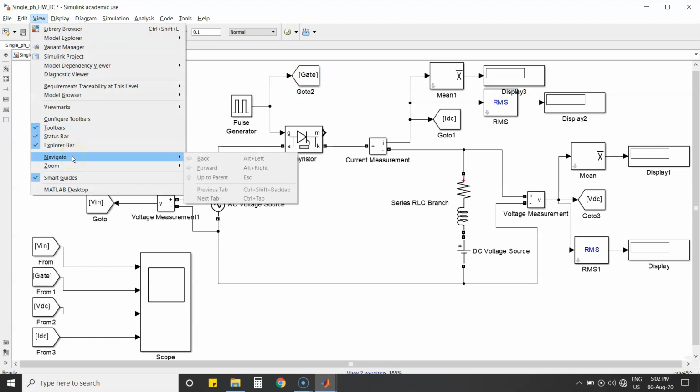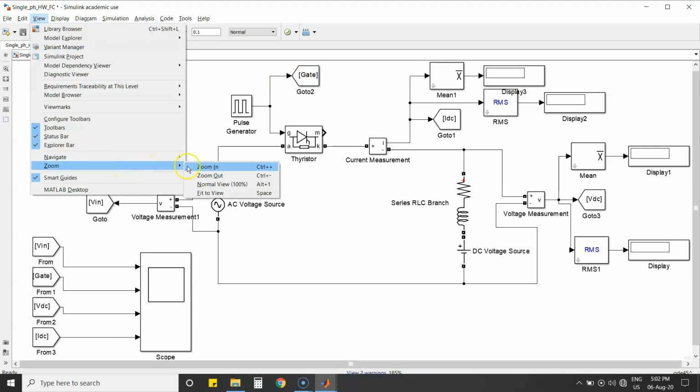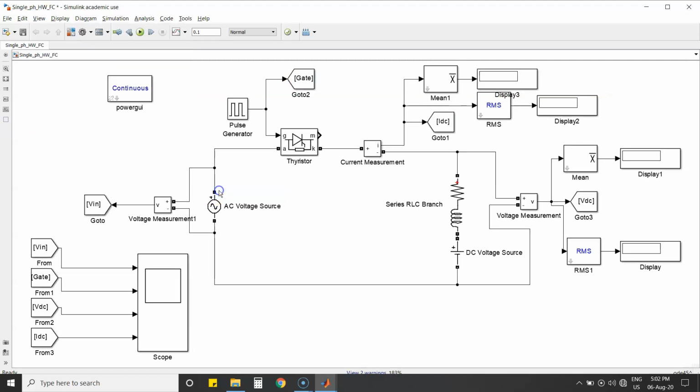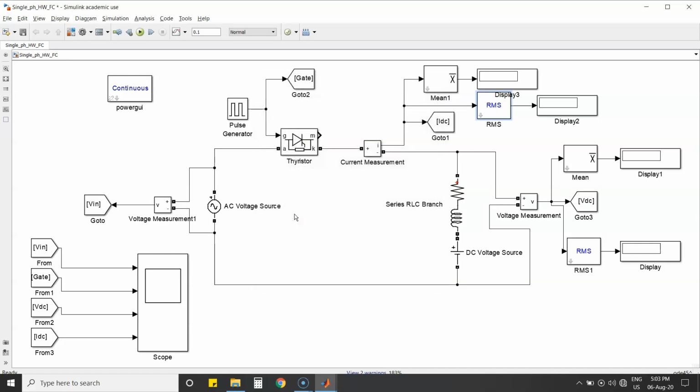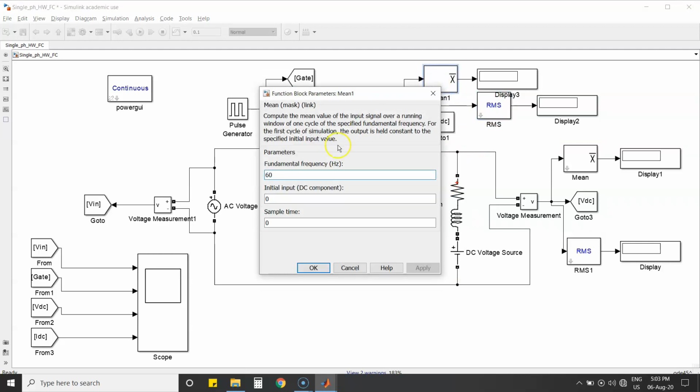Before running this simulation, you have to make some changes in your RMS block. Just double click the RMS block and you can see the fundamental frequency. The fundamental frequency must be set to 50 because we have chosen 50 Hz as the input frequency. Let us take the initial RMS as 0, and similarly for the mean block, 50.